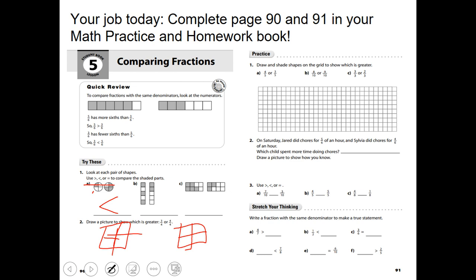Okay, so for number 1 on page 91, you are actually going to draw the shapes into the grid. So you are going to have to figure out how to draw them. So if we looked at, let's say, number 1, we could do 5 and 5. So remember, we have to cut it into 5 parts. So if I did